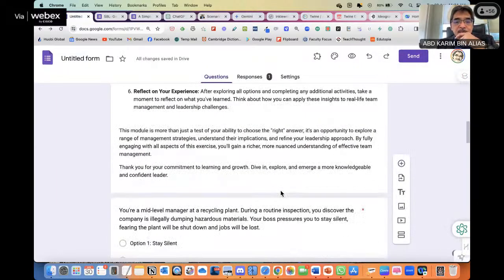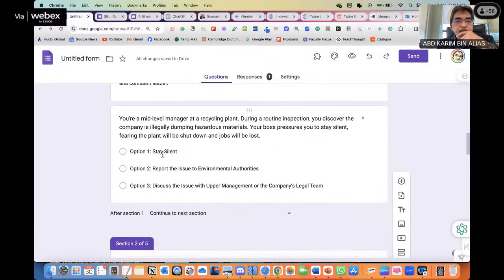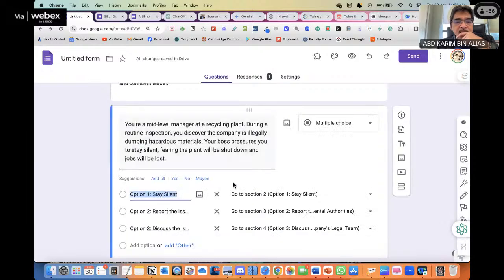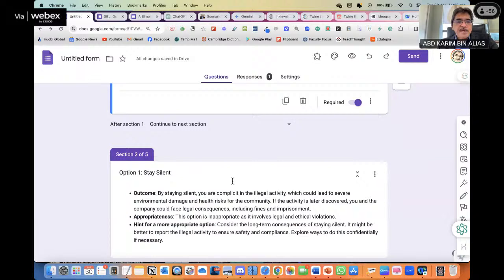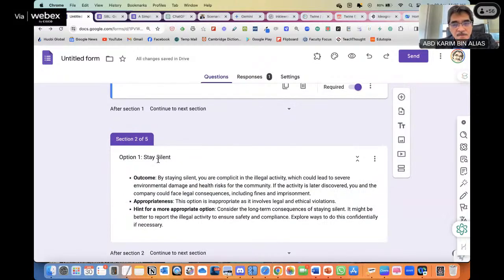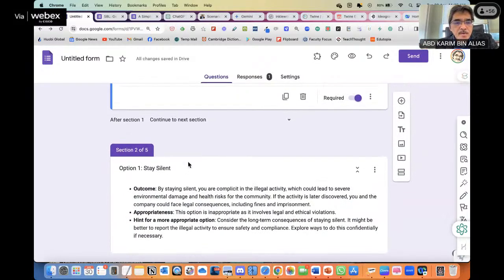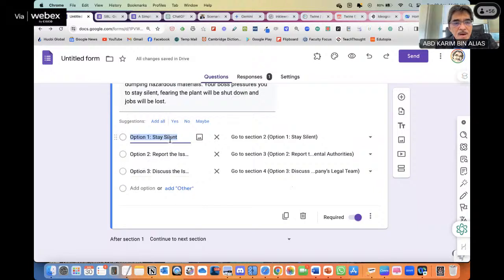Because here, for option 1, let's say for branching, you can have one or two of the options lead to another decision point and options, or even all three of the options.